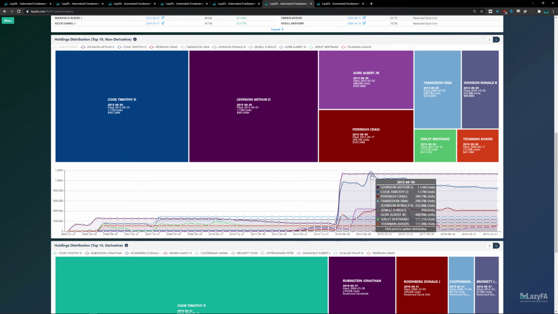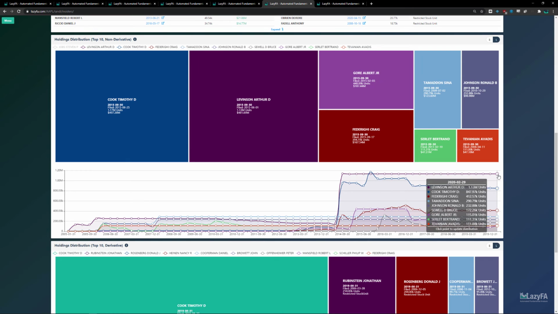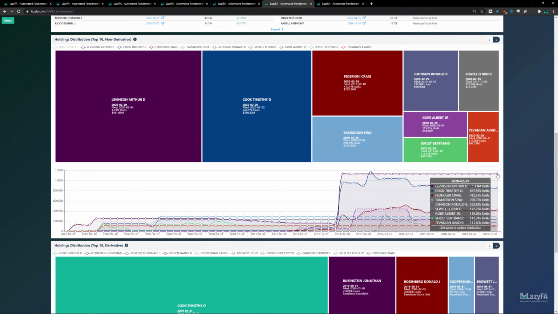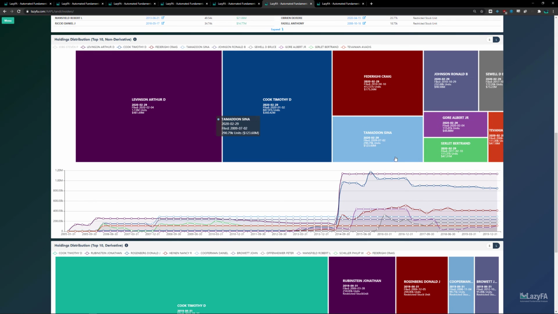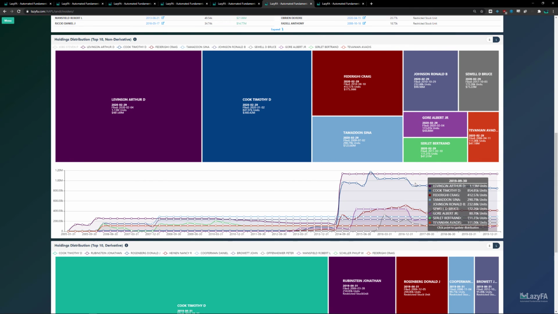So similar to the asset and liability distribution charts on the red flag analysis, these holdings distribution charts can be really useful for interpreting how the company's ownership is changing over time, and if there are any outliers or big spikes in ownership that might be either a red flag or possibly a bullish or a bearish indicator. If you do want more information about any one of these boxes, you can simply click on it to zoom in, and that will center that individual box. And then to recenter the entire thing, just go over and click on the individual point, and that will bring